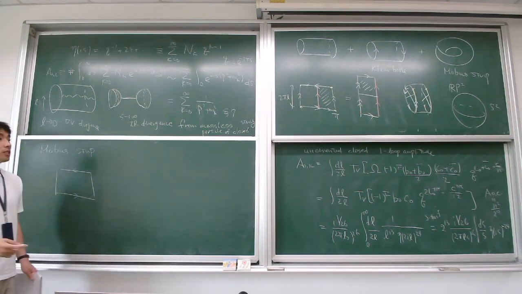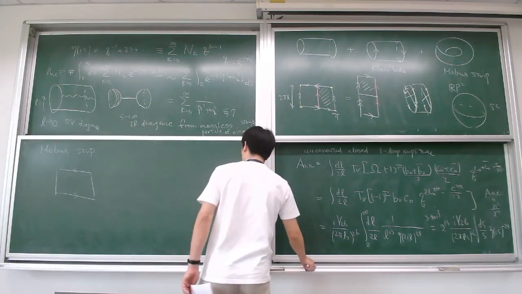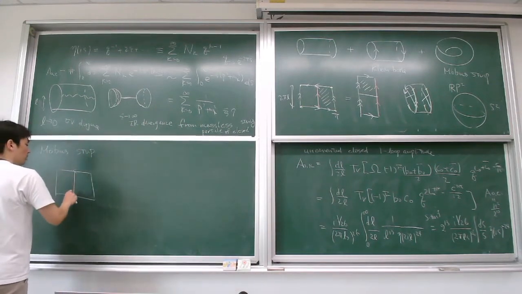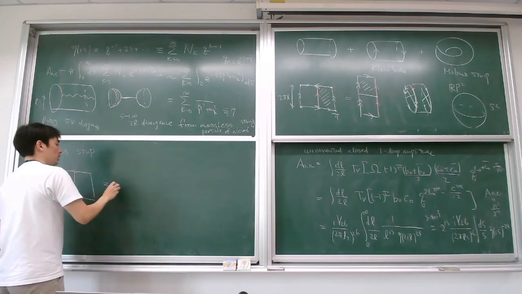Okay. And this is equivalent to, again, a cut in the middle. Cut in the middle, okay? Cut in the middle. And then you just bring this one upstairs, okay? And then what we get is the